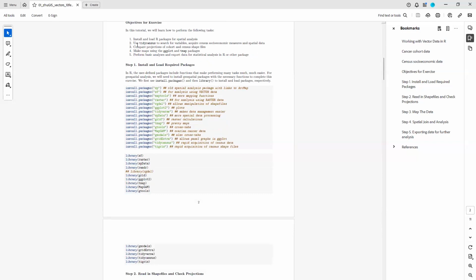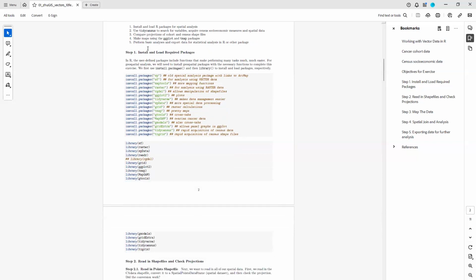We're going to learn how to compare projections in 2 different databases. We're going to have this ovarian cancer case database and then the census database. And so we need to make sure that those are projected the same way in order to do our spatial joins. We're then going to learn how to make maps using ggplot and tmap,